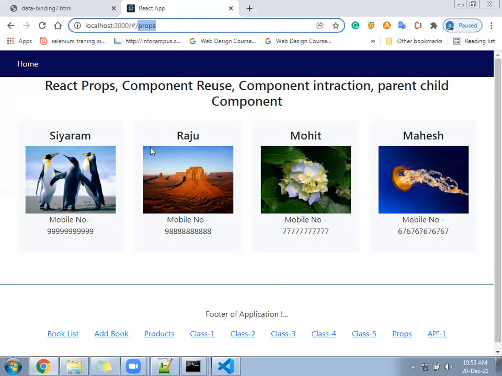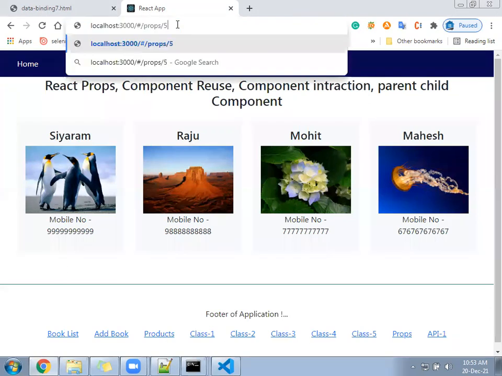That is not called useParams. useParams is something like props slash 5, component slash some number. In the last, what you are passing becomes a parameter. It is called a query string.